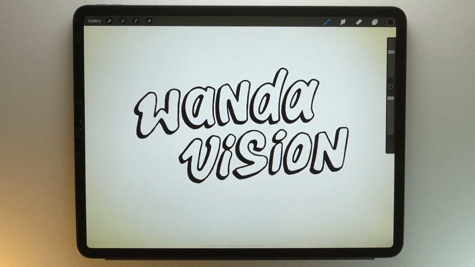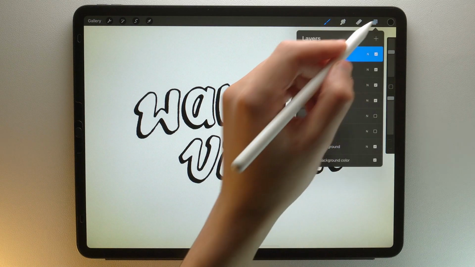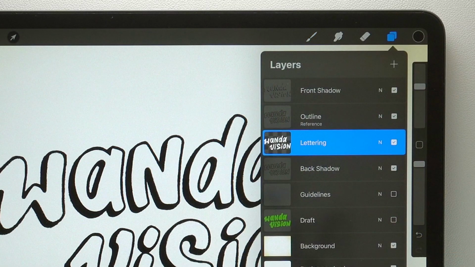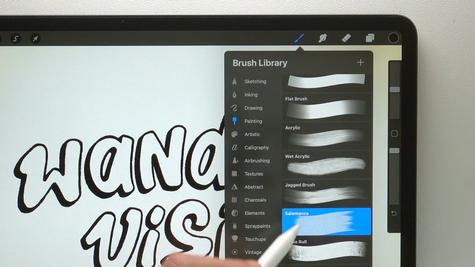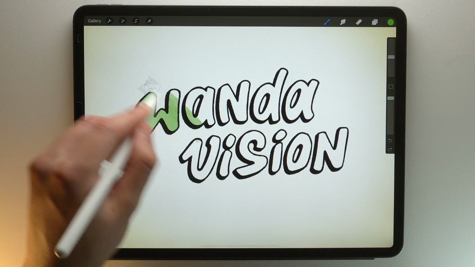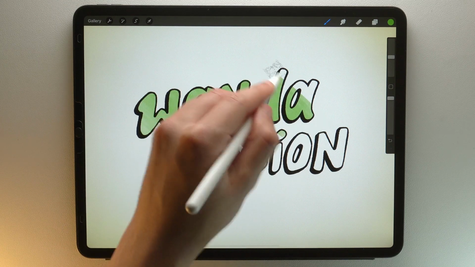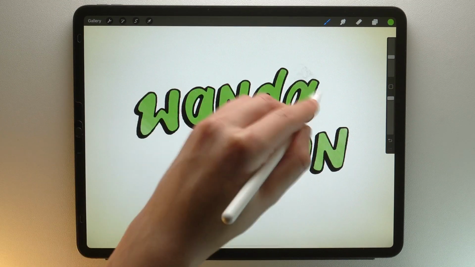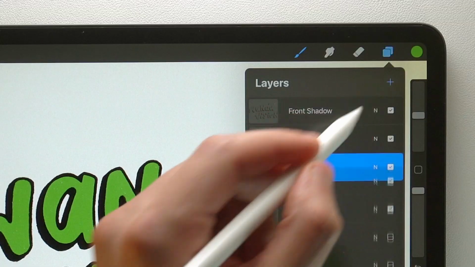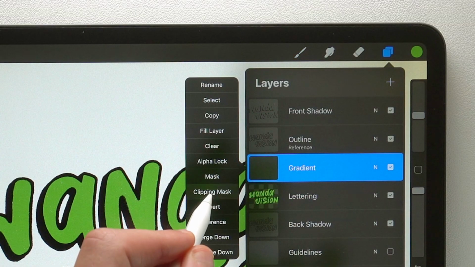Now, the gradient. I go back to my white lettering layer. I put the layer in alpha lock by sliding two fingers from left to right. I take the Salamanca brush with a green color to add a different texture inside the letter. I create a new layer with clipping mask.